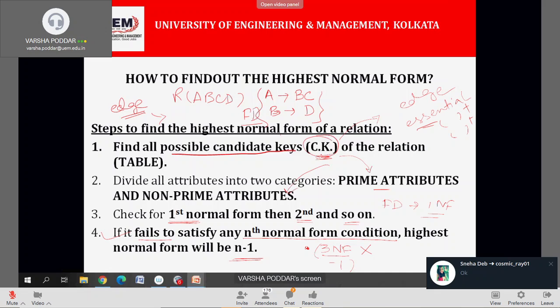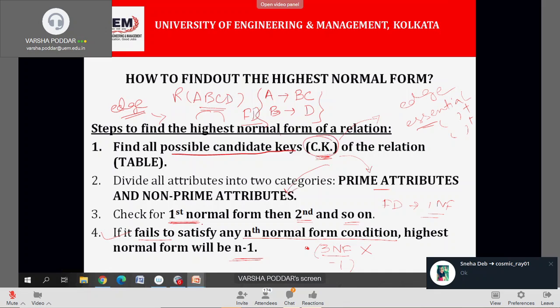After I find all the candidate keys in my table, I will categorize the attributes, that means A, B, C, D, into prime and non-prime categories. Prime attributes are those which are a part of your candidate key, and non-prime attributes are those which are not a part of any candidate key. Fine. After this categorization, we will start our checking from 1NF.